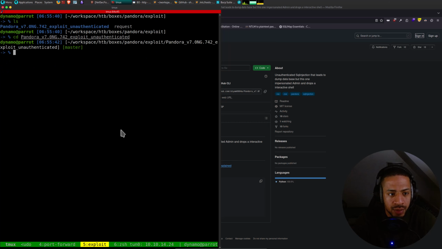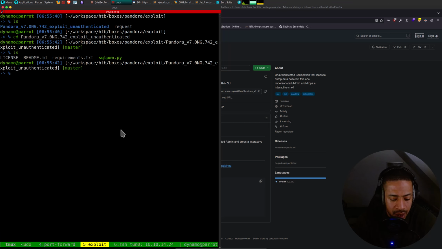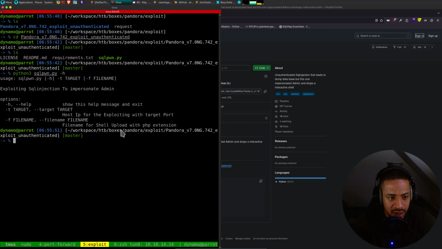So let's go into Pandora. Python 3 sqlpwn.py -h. Whenever I find an exploit that looks like this, it has a help and everything, I trust it a bit more. Okay, and so what does it want?